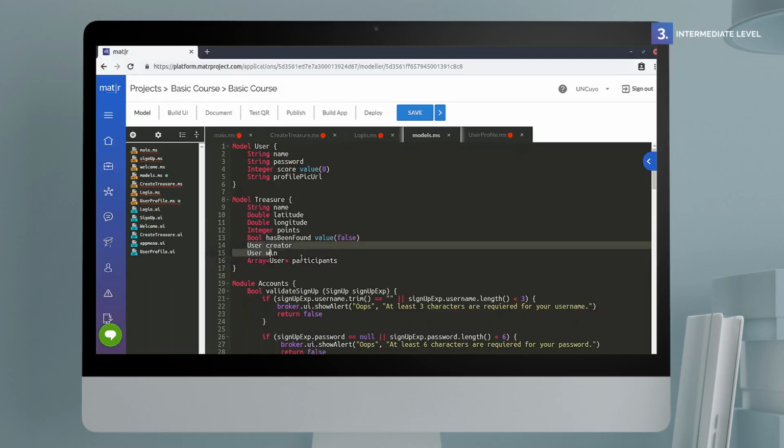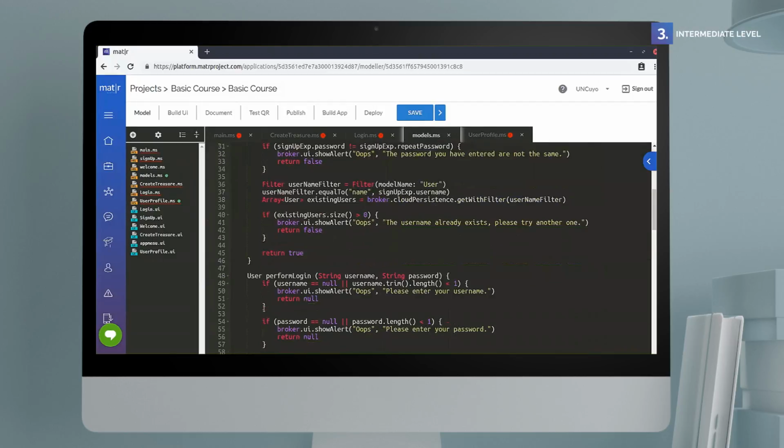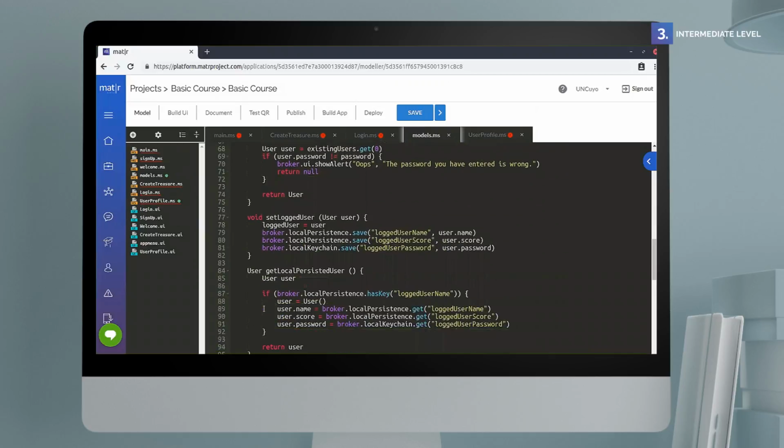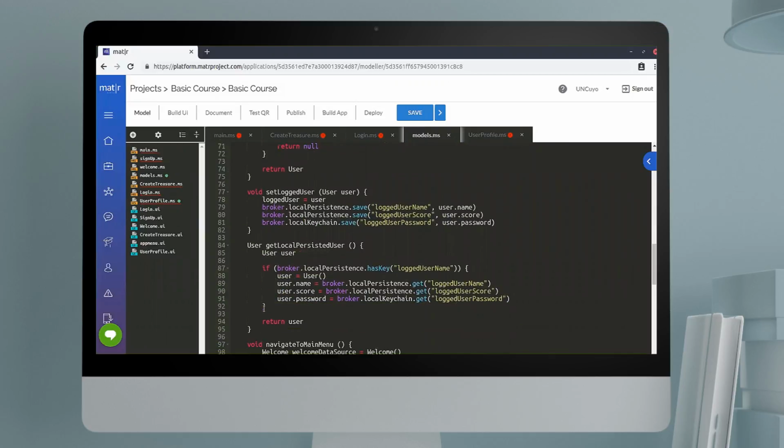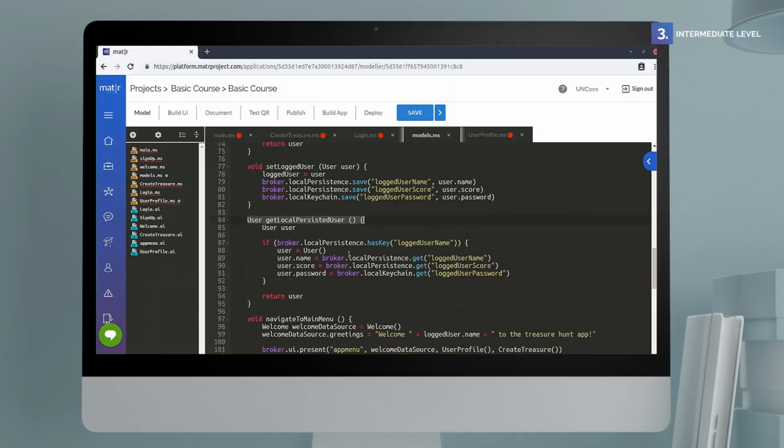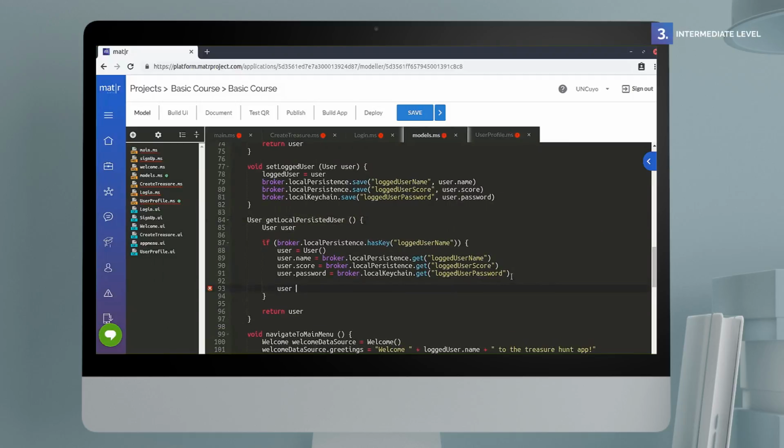The next thing we will modify is our getLocalPersistedUser function. Once the function is found, we will add the invocation to the performLogin function at the end of the if control structure. The parameters that we will send will be the name and password obtained from our local persistence. The return will be assigned to the variable user. Accounts.performLogin(user.name, user.password)